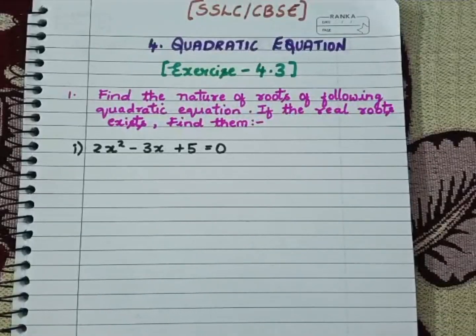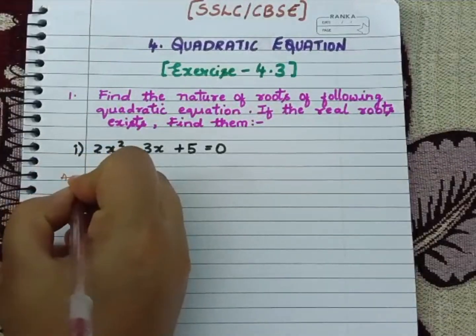The first sum is: find the nature of roots of the following quadratic equations. If the real roots exist, find them. The first question is 2x square minus 3x plus 5 is equal to 0. And the answer for this is